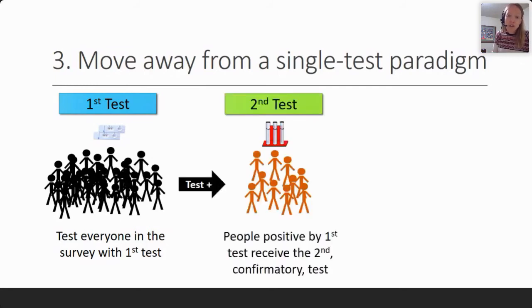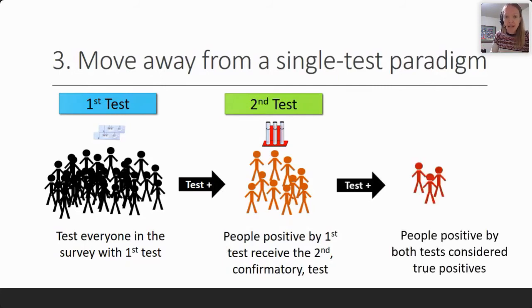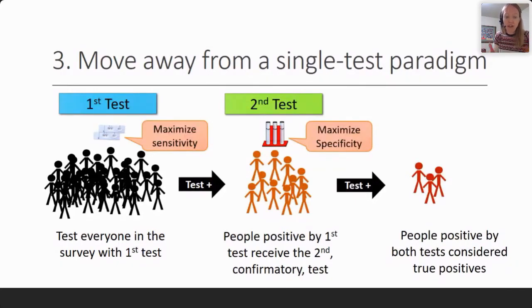And then only those who test negative by the first test would receive the second confirmatory test. And individuals who test positive by both tests are considered the true positives. And one could pick your tests strategically so that the first one maximizes sensitivity, the second one maximizes specificity. And it can be shown that this approach can lead to a net specificity that is greater than either test